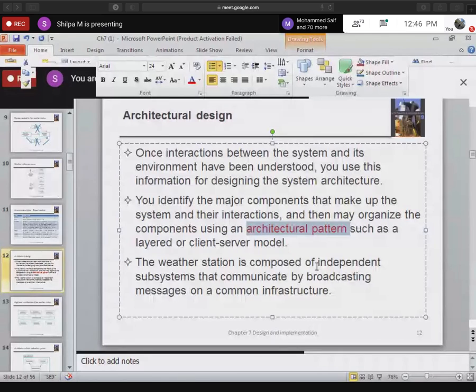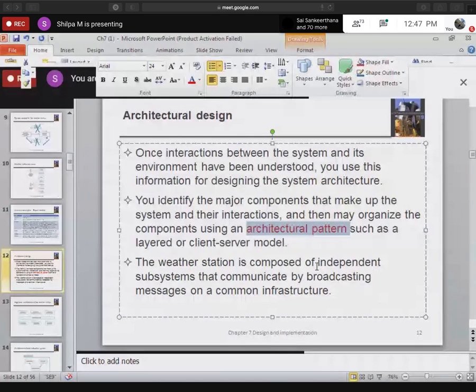Suppose it is a client server communication or a web based application, then they will say use the client server model. Suppose you are developing a distributed application or a layered approach, they have a pattern for that too.